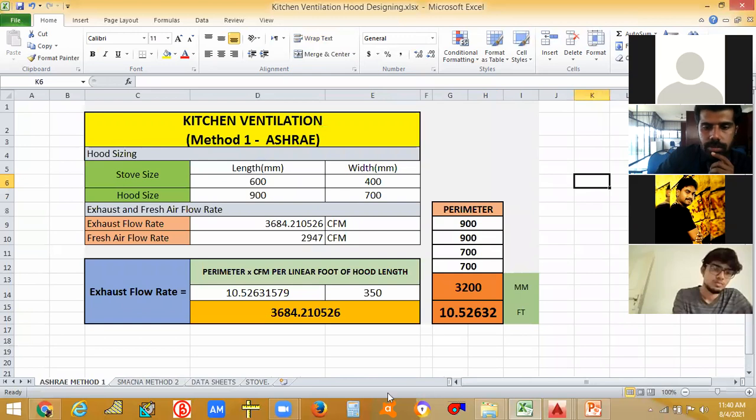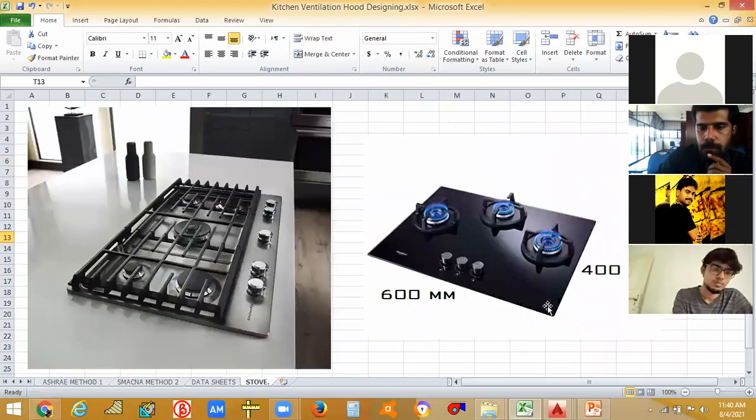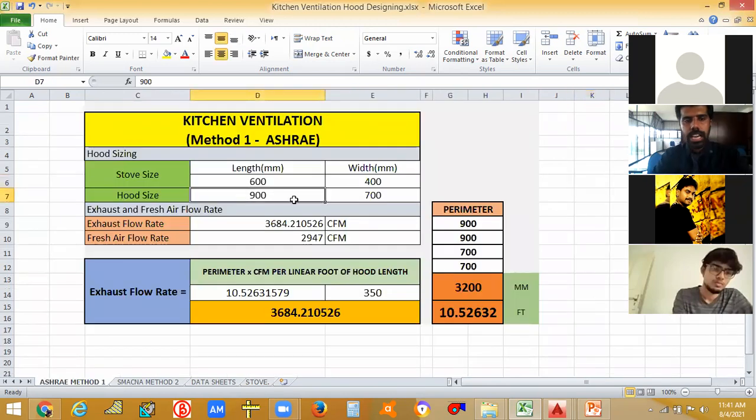So you can see here, this is the length. To this side it is 150 and to this side it is 150. Let's see like this. This is 600, so this side is 150 and this side is 150. So 600 plus 150 plus 150, how much? Total 900. So you can just directly write 900.